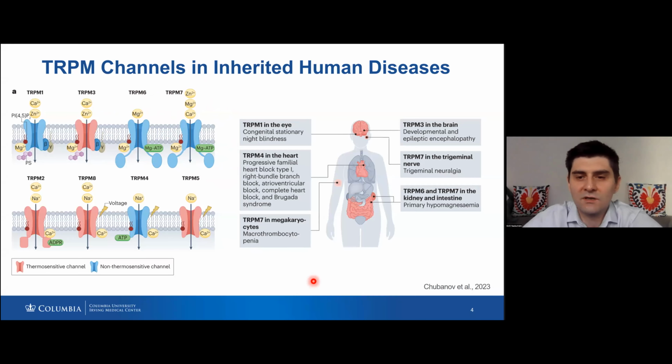And the TRPM7 channel is involved in rare inherited diseases like macrothrombocytopenia. This is a rare platelet disorder characterized by a reduction of platelet counts and abnormally large platelets. And TRPM6 and TRPM7 channels are also involved in primary hypomagnesemia. This is an electrolyte imbalance caused by low magnesium levels in blood serum. So although it may not be so severe, let's talk a little bit about the